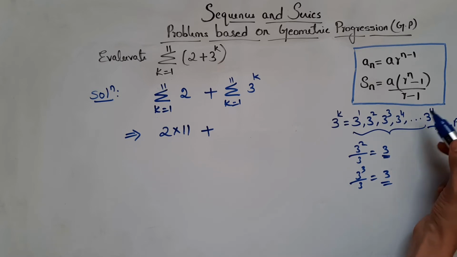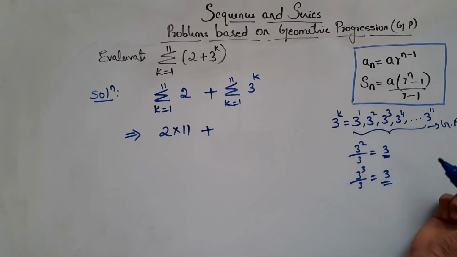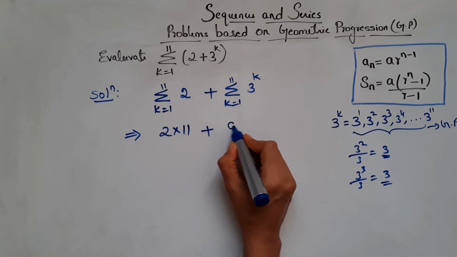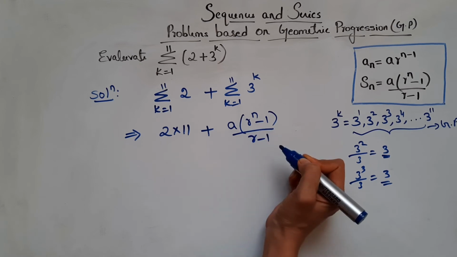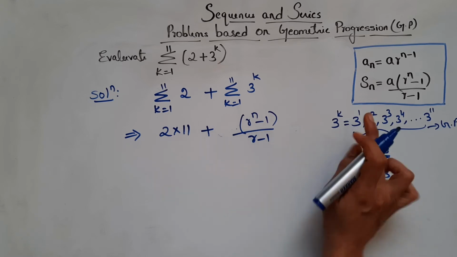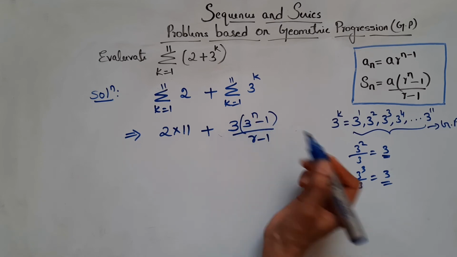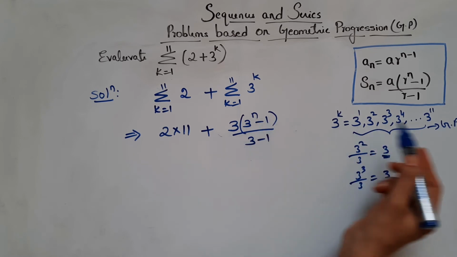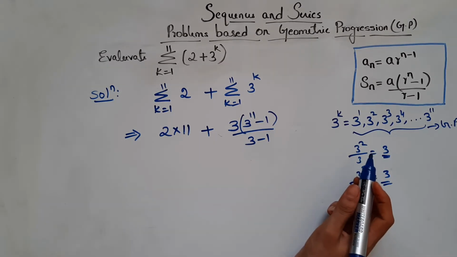So therefore we can say the sequence is in GP. We know sum of n terms of a GP is given by A into R power n minus 1 by R minus 1. So we can apply this formula, right? So let me apply here. So this is nothing but we have A into R power n minus 1 by R minus 1. So here A, let me substitute here itself. We know A is the first term, because the first term is 3, right? R is 3, so let's substitute R is equal to 3. Here also R is 3, right? What is N? N is 11 terms, so N is 11, right? I hope you are getting my point.